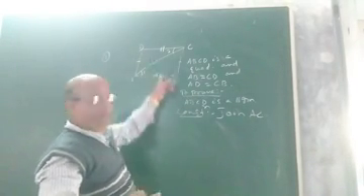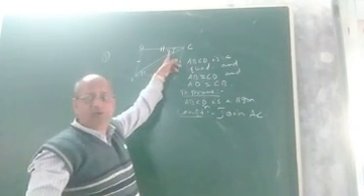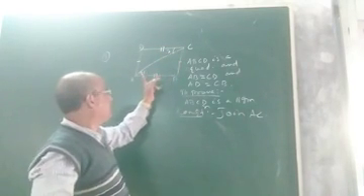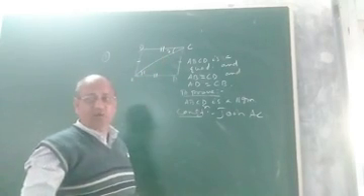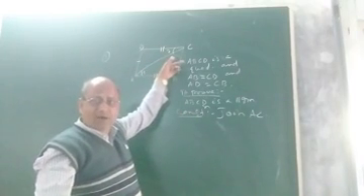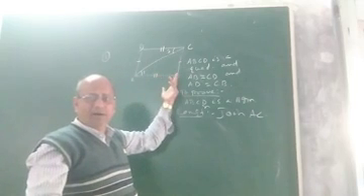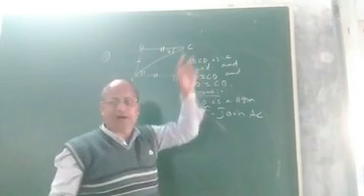Now look at this figure, when we join the diagonal, look at angle 1 and angle 2. Clearly, what angles are they? They are alternate interior angles. Now, if we can show by some method that angle 1 and angle 2 are equal, then as they are alternate interior angles, if a pair of alternate interior angles is equal, that means if angle 1 equal to angle 2, then no doubt AB will be parallel to CD.